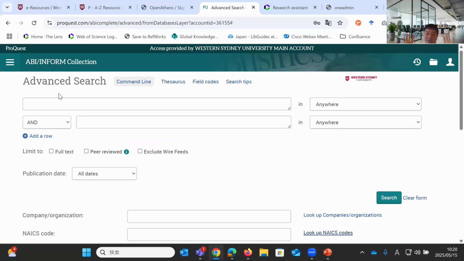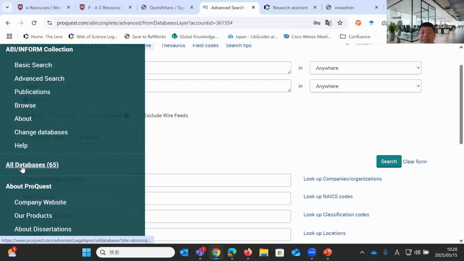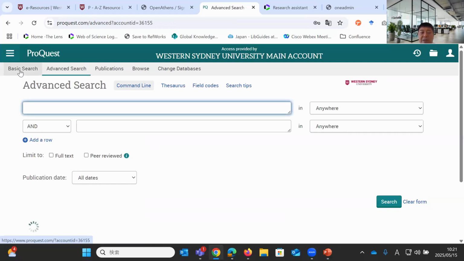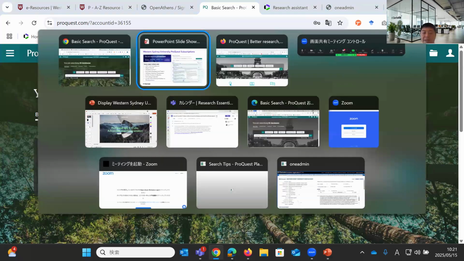So depending on the needs of your research, learning or teaching, please think about whether it makes sense to cross-search everything, or whether I should use some expert filters available within an individual database. Or maybe you just want to search certain collections only. Depending on that, please do so. This is beyond the basic things that we do. And from the menu, you can click all databases and you're back to searching everything on the platform. All right, so it's a bit of background.